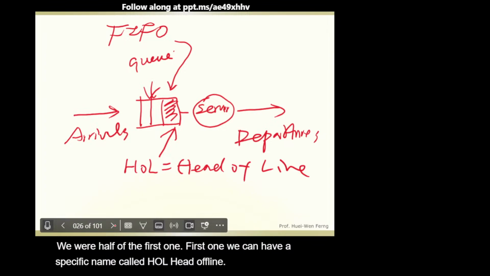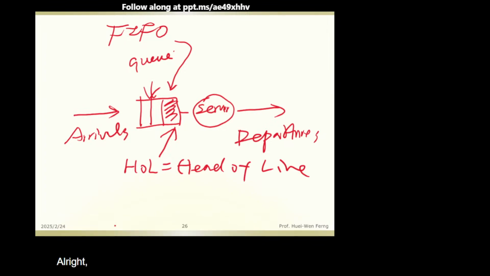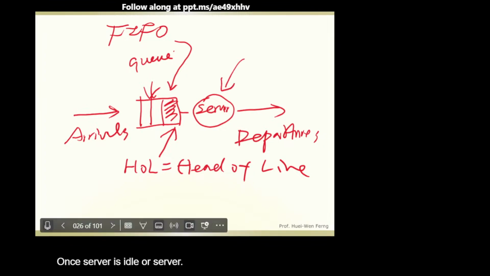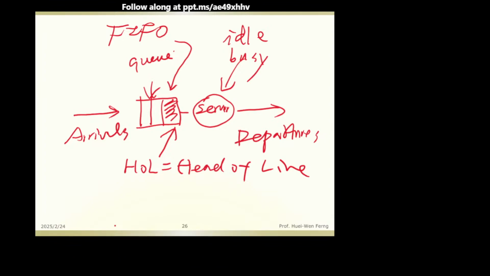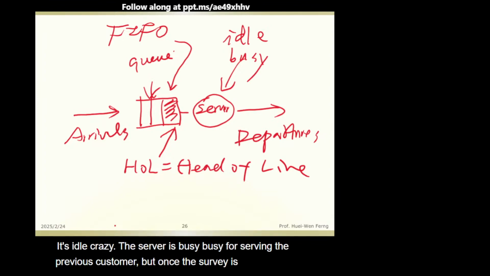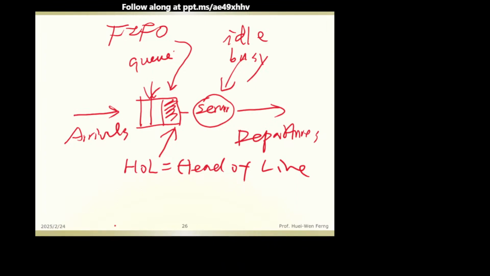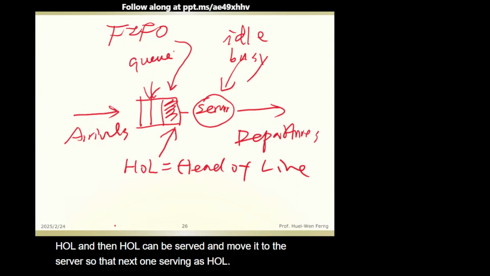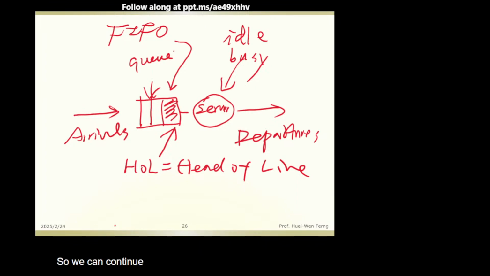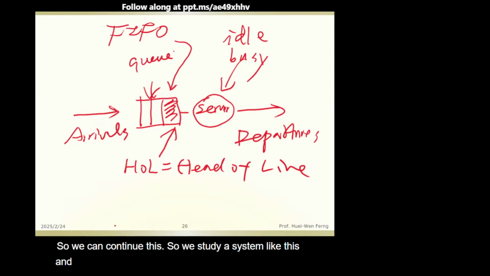All right, so head of line, HOL, can join once the server is idle. Previously the server is busy serving the previous customer. But once the server is idle, it can accept the HOL, and then the HOL can be served and moved to the server. So the next one becomes the HOL. So we can continue this. We study a system like this, and this system we call a single server